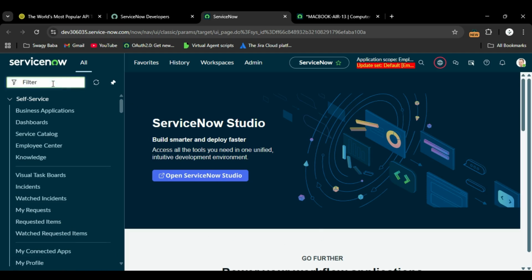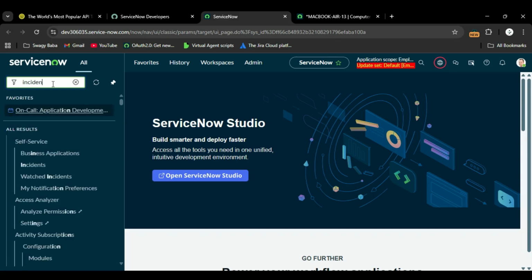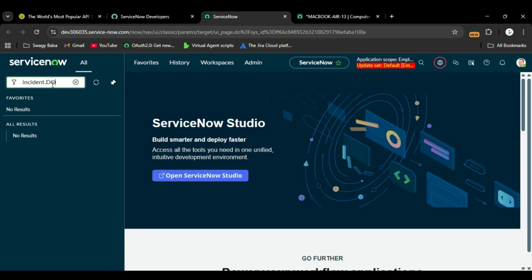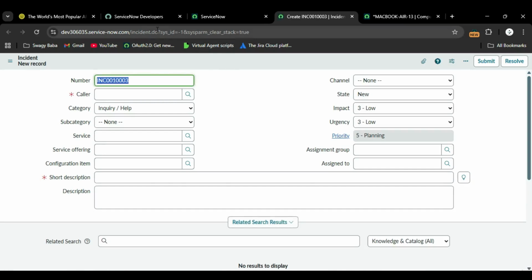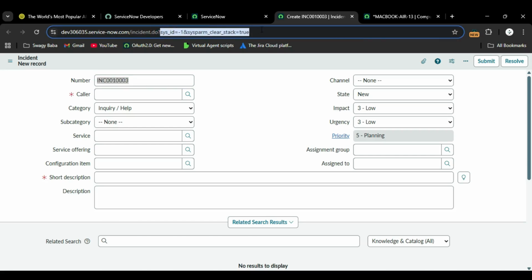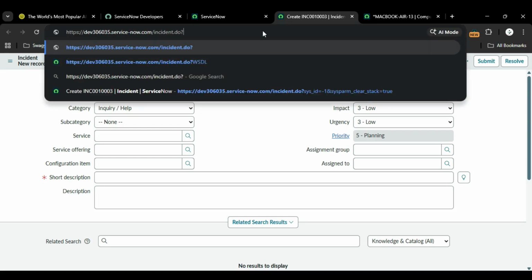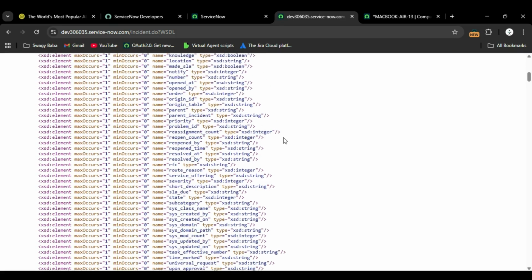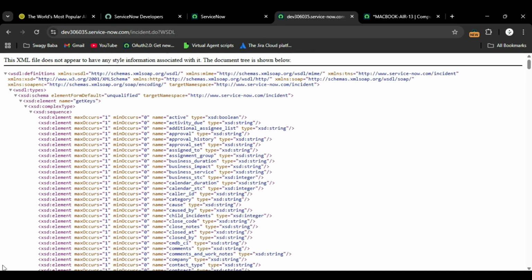Let's do that. Let's suppose I want to generate it for the incident table. So from the application navigator I will type incident.do. It will open a new record in a new tab, but in the URL you can see incident.do and sysid equal to -1. It is indicating a new record, but I am going to replace sysid equal to -1 with WSDL, and when I hit enter it will give me this WSDL XML. So let me copy this